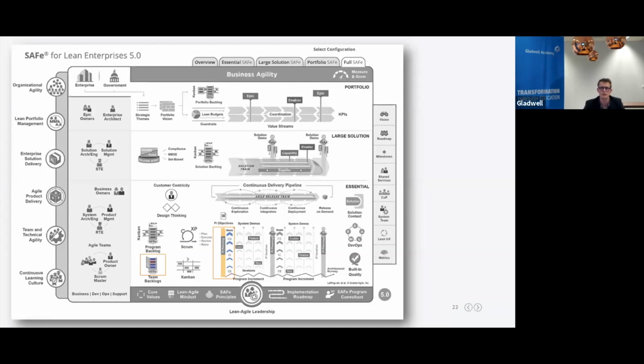On the left side, you see now team backlogs. This is a small change, basically just the icon, making sure that we understand that every team has their own backlog, and it's pulling from the program backlog that's on top of that. Not such a big change. Business, DevOps teams and support even. So you see that highlighted left below.